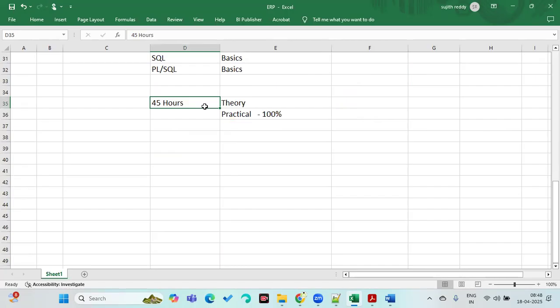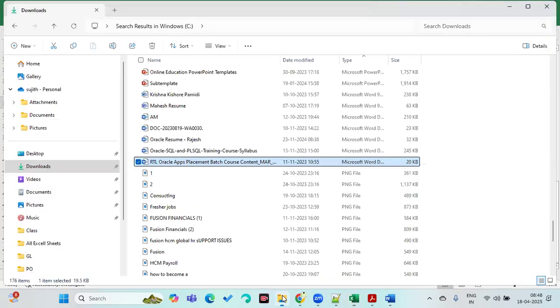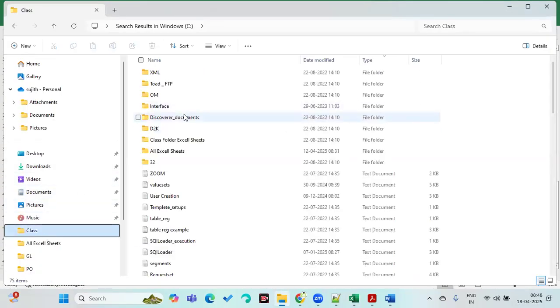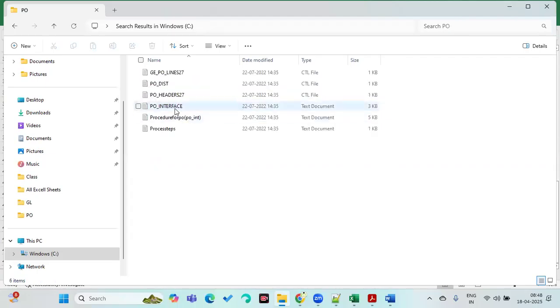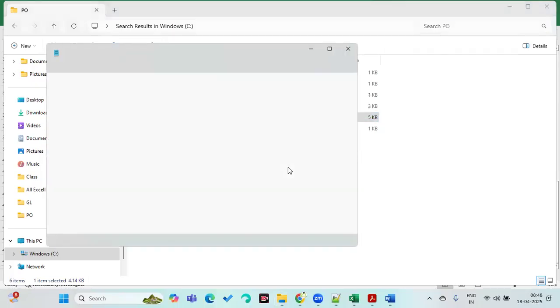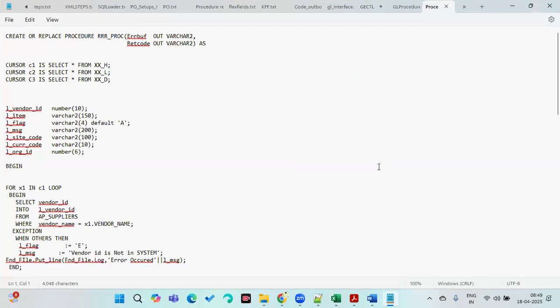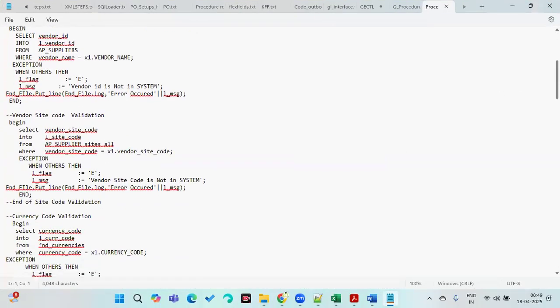Okay, thank you. Chandra, can we learn the validations while pushing data into interfaces or API? Yeah, we are going to do that, right? Interface validation. I'm weak in that section. If we look at here, for example, we are loading purchase order data. So we'll be discussing how to validate the purchase order data.